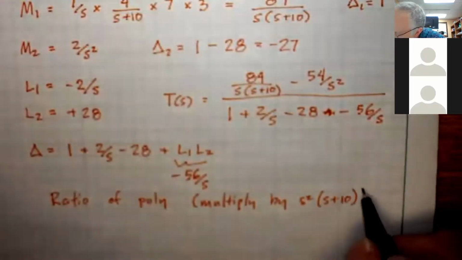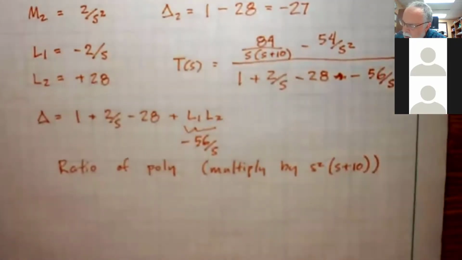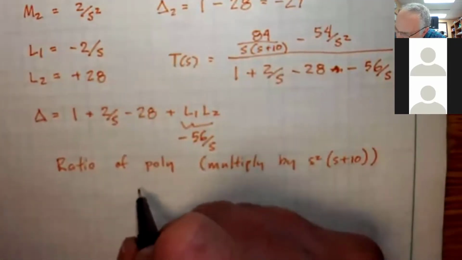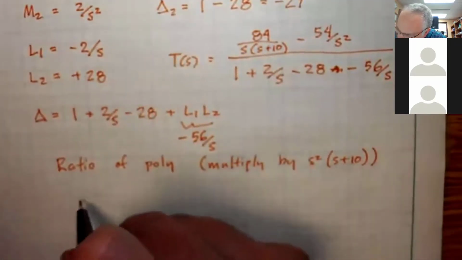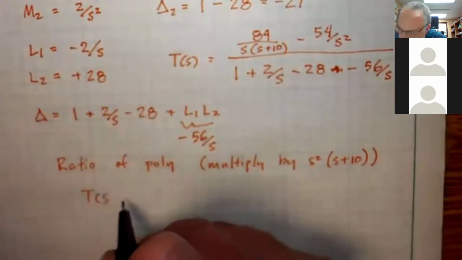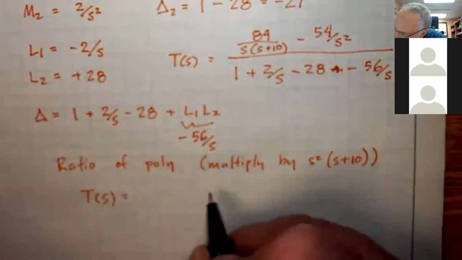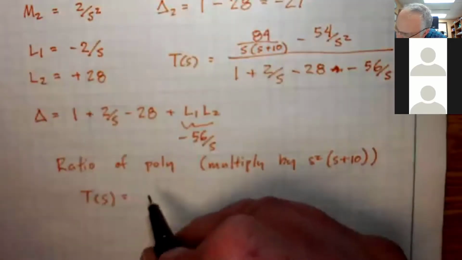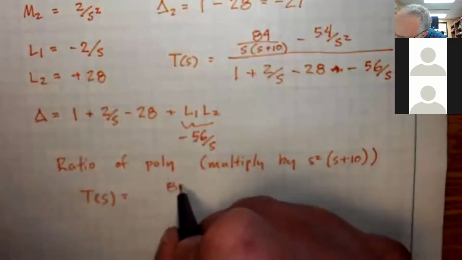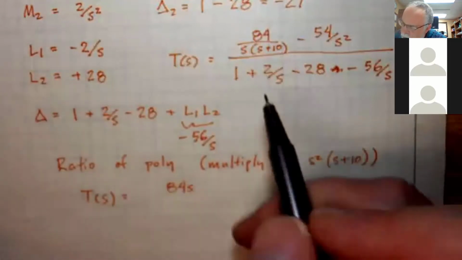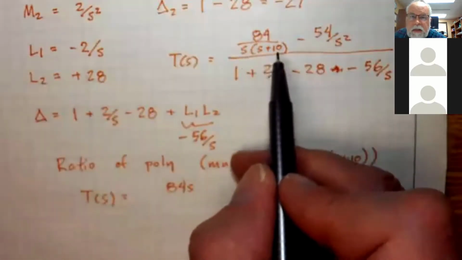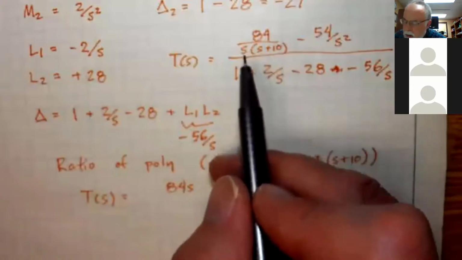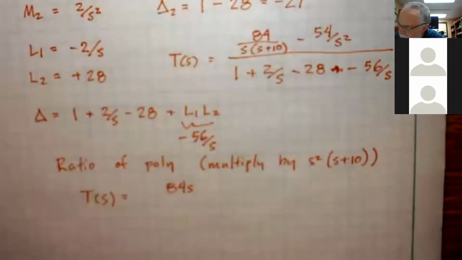Right? So I've got 84. So T of S equals 84S, because this is S plus 10, so one of the S's doesn't cancel. 84S